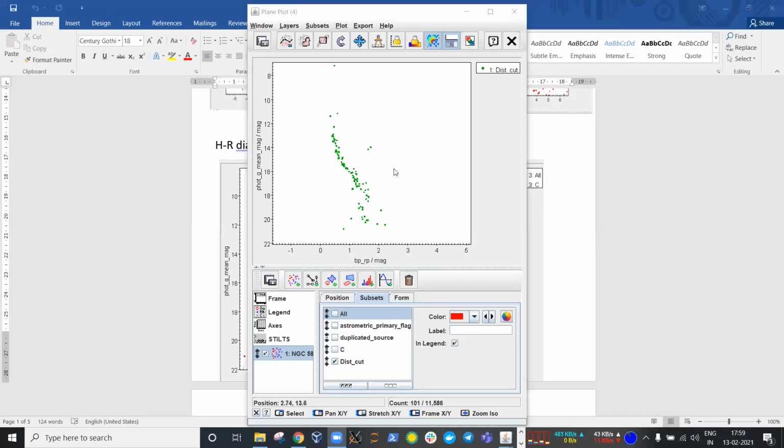Yeah. This is for M103, ma'am. Okay, NGC 581, right? Yes, ma'am. So my question is, right now I have done the distance cut, and after the distance cut, I'm getting this kind of data.